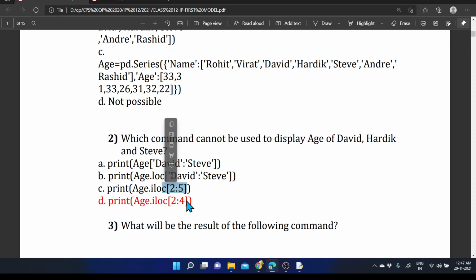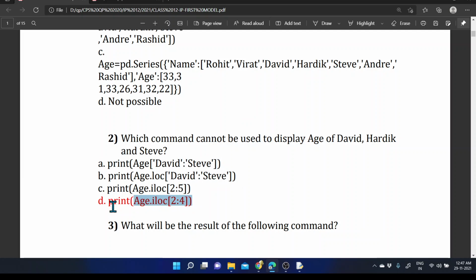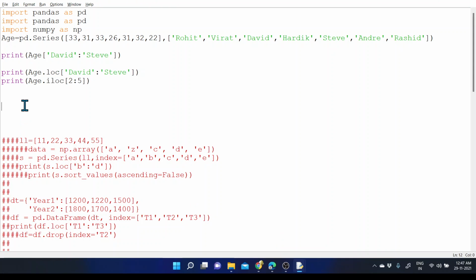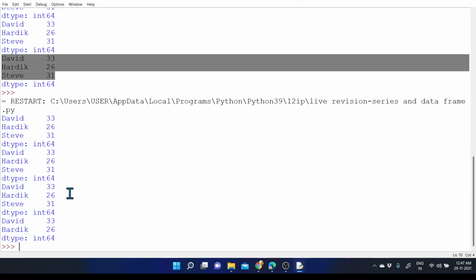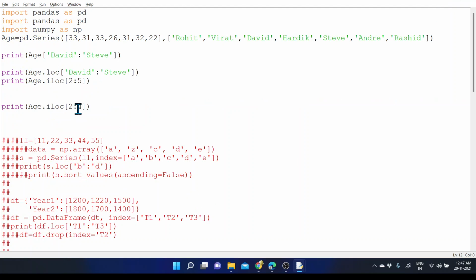And here one thing you need to remember: when you are using ILOC, the last value will be skipped. The last value will be skipped. That's why this one is wrong. So if you are providing the last option there, the last value will be excluded, and only two values will be printed, the 2 and 3 values. So here you can see David and Hardik values printed, but Steve is skipped. So the 4 is excluded, the 2 and 3 index location values.